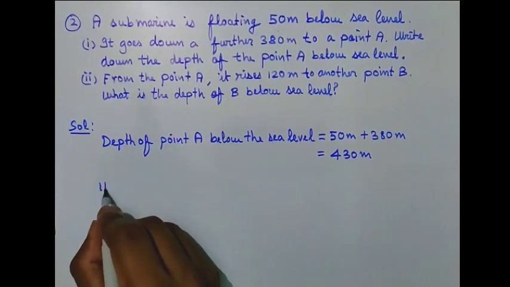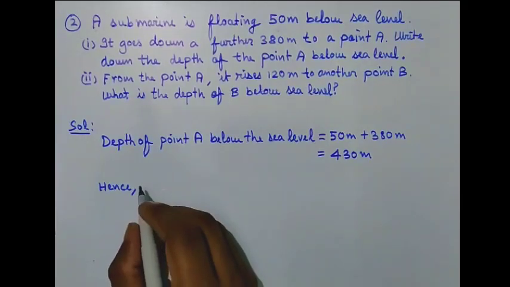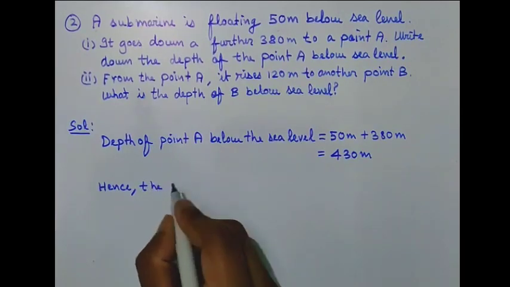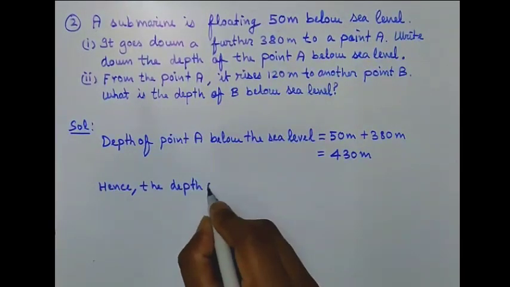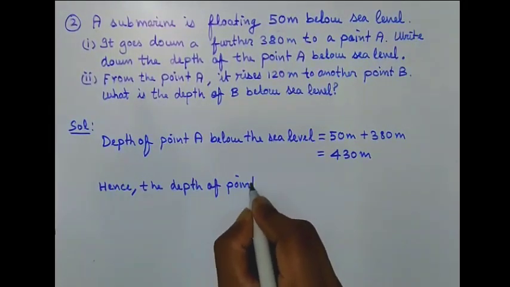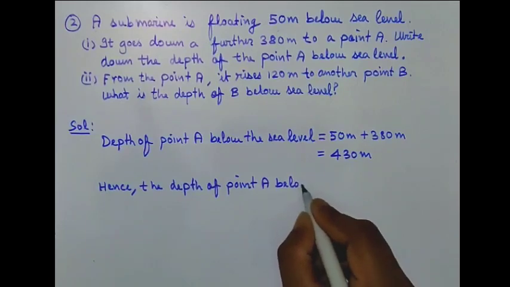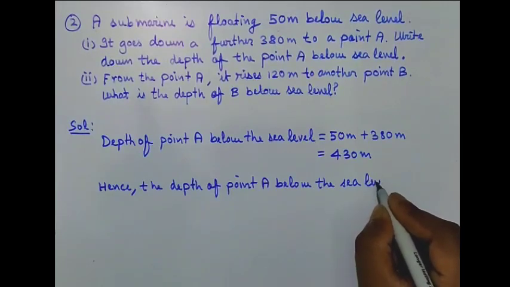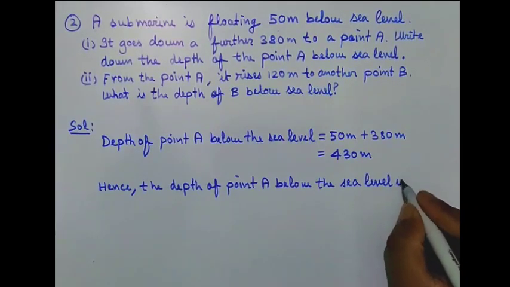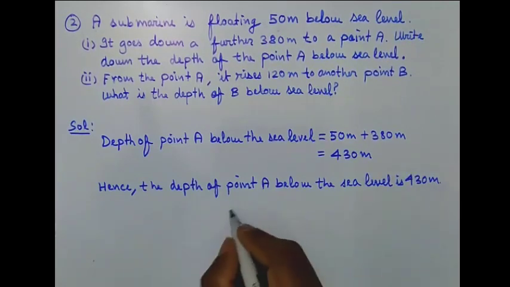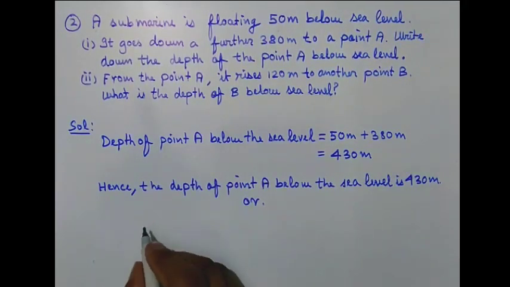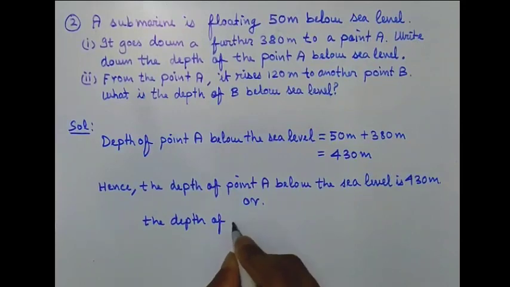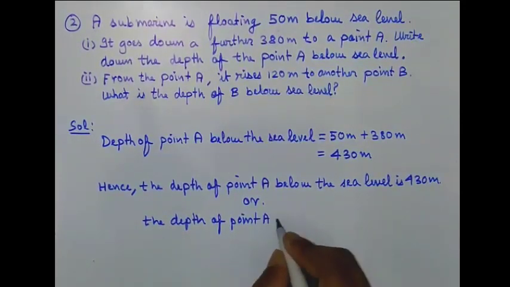So we can say, hence, the depth of point A below the sea level is 430 meter, or we can say the depth of point A is